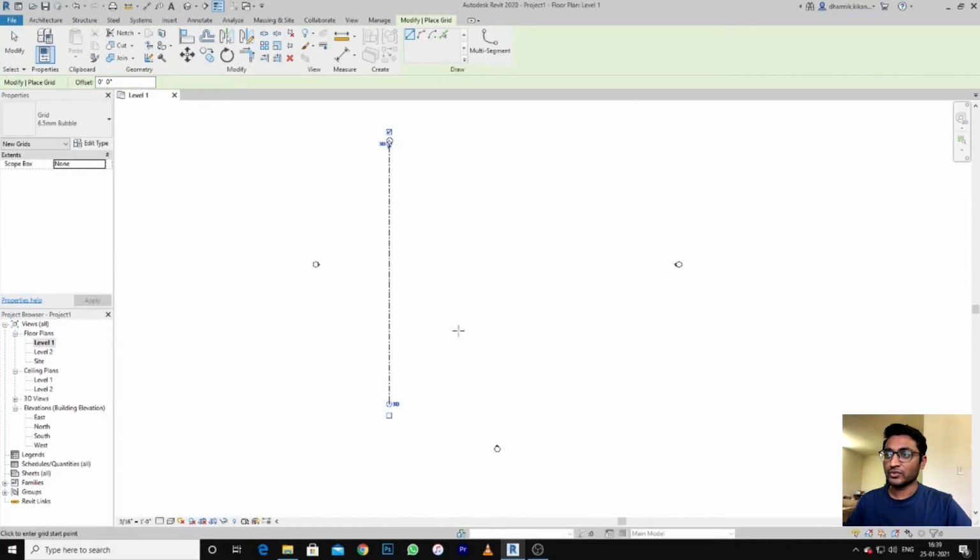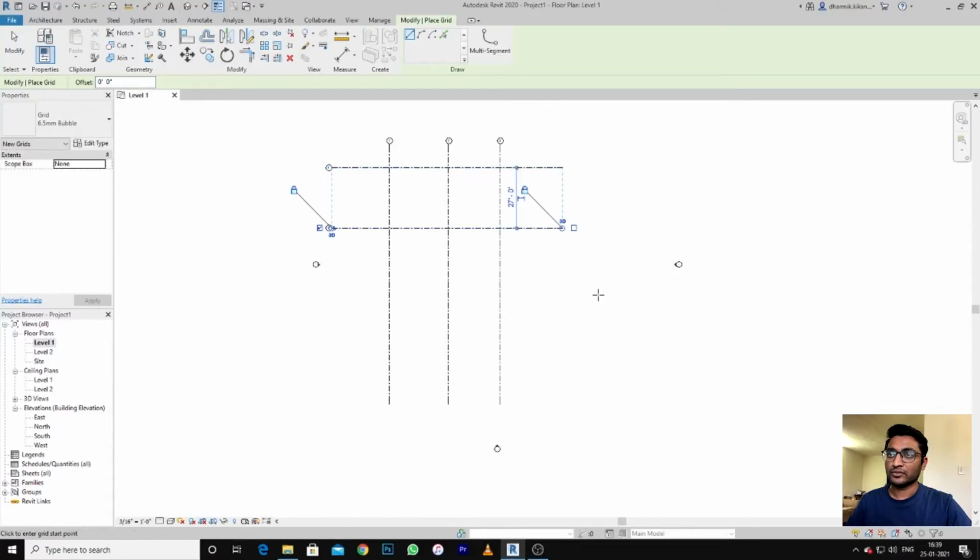Now you need to draw the second grid. Same as before, and if you want some distance, as you can see, here I take 27 feet. Click and just drag it to the top, and as you can see, there is one line and the angle is 90. Click out, one more at 23, select, that's it. In the same way you can draw the vertical ones. Let's start from right to left, angle 180, and the distance is 27, as you can see.